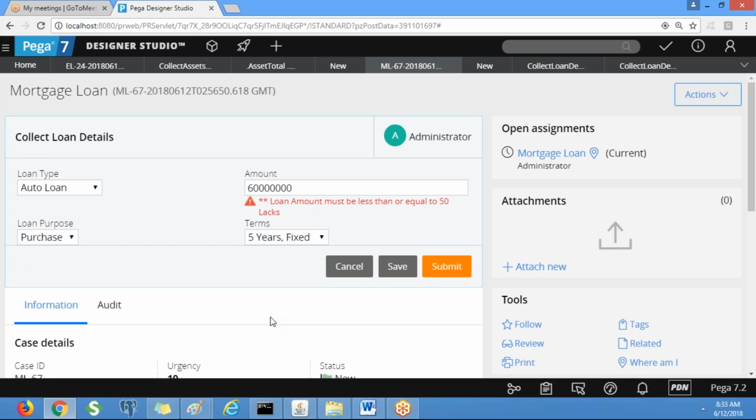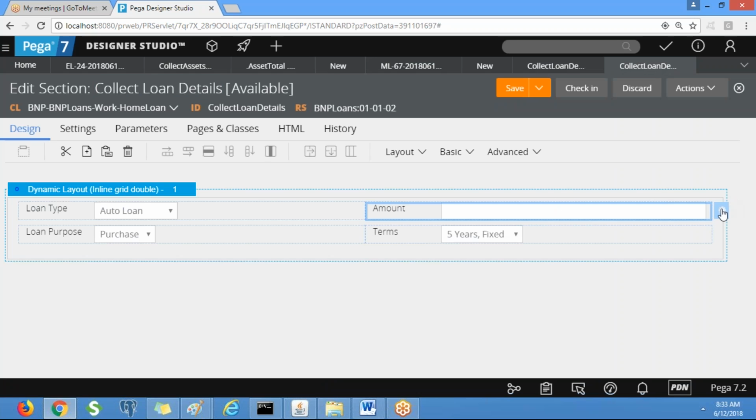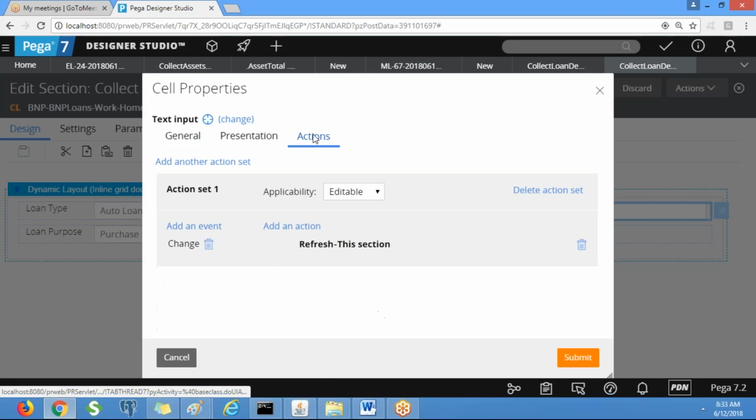Yeah. So whenever the value changes, it has to be refreshed. Then only this message will be displayed. Just go to the corresponding property called amount. Go to the actions. Event is change, whenever the value changes. So we have different events, right? So we have click, double click, over like that. Action is it has to be refreshed.